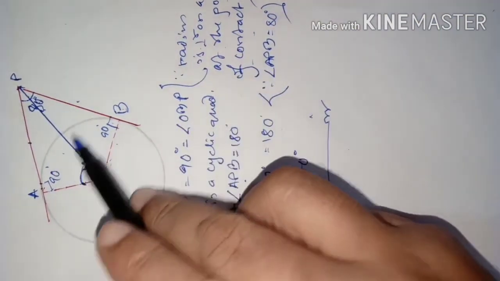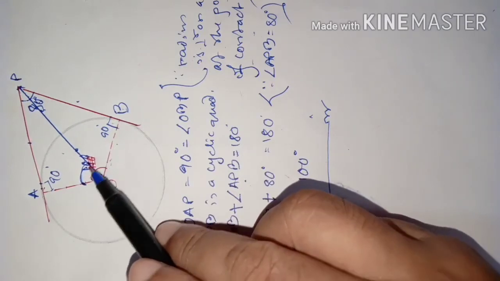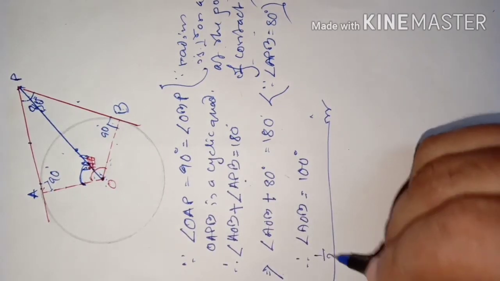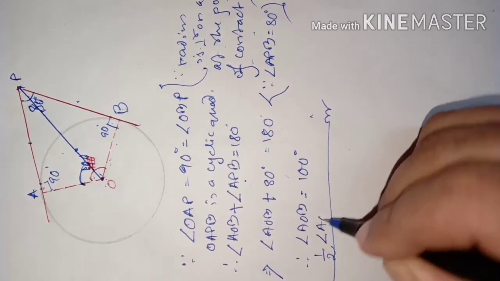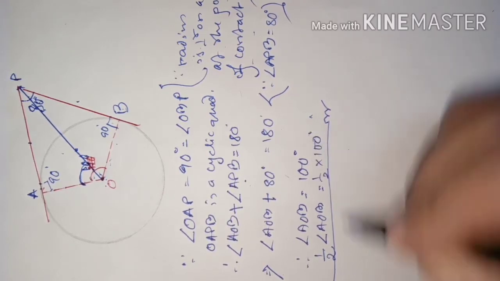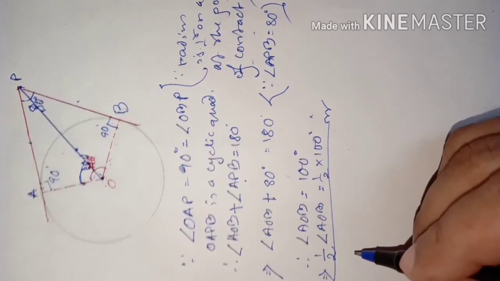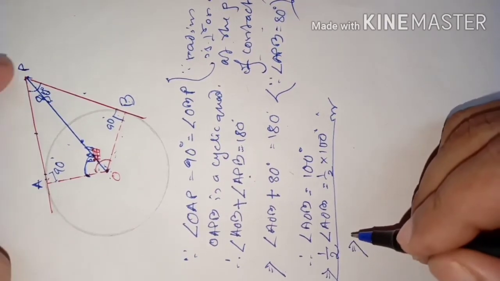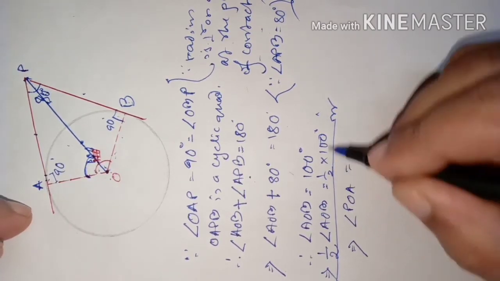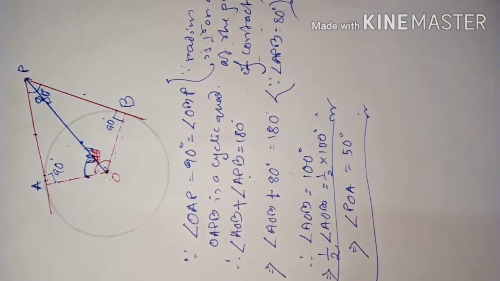You know, these two are congruent triangles, no? Then this angle equals this angle. That means this angle must be half of the whole angle AOB. So you have to write half of angle AOB is half of 100 degree. Multiplying half on both sides, half of angle AOB will be equal to angle POA. That is, angle POA is equal to half of 100 degree, that is 50 degree. So this is the option. Okay students, this is our answer.